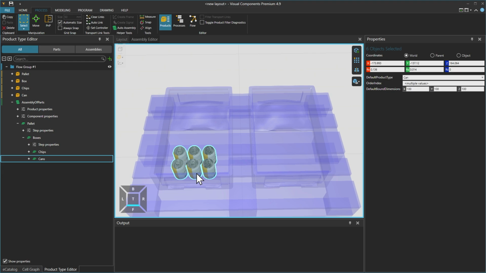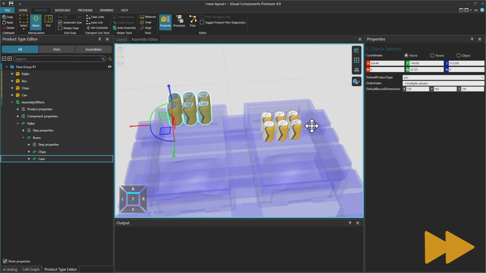And with these cans still selected, right-click and select Copy and then Paste. And switching back to the Move Manipulation mode, drag the origin to move the copied cans to the other box.